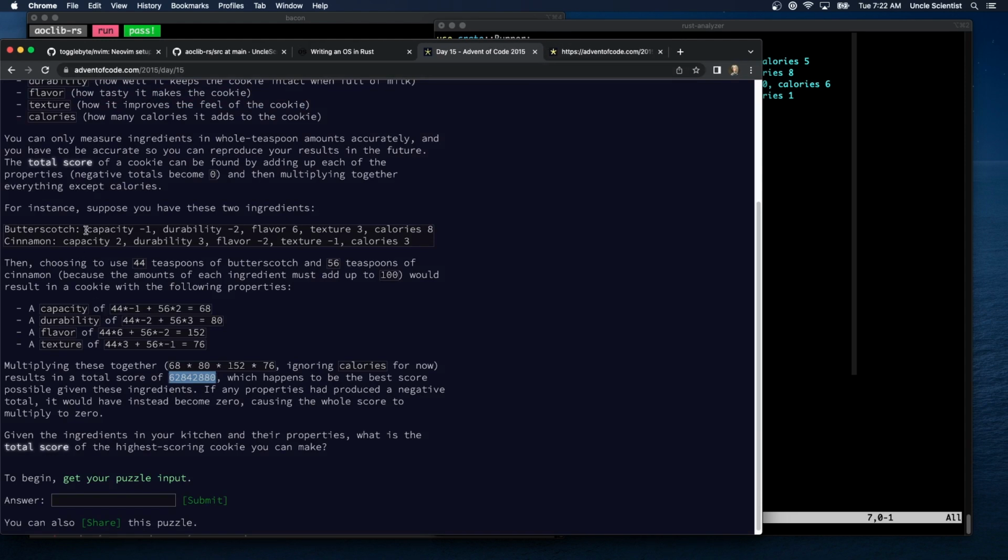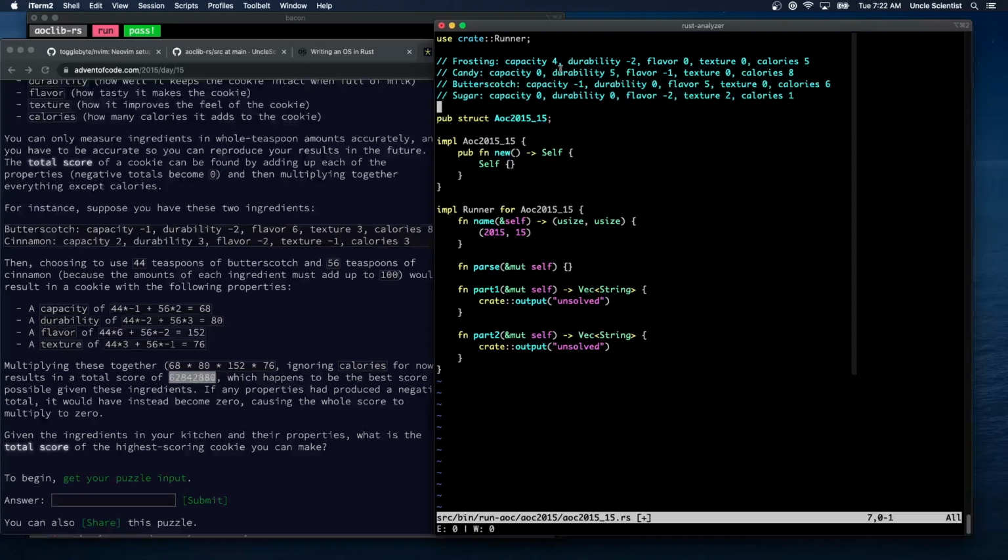You're going to multiply capacity times however many teaspoons we want of frosting, right? We're going to take the number of teaspoons we have and then just multiply those out and see what happens for these guys. And then we just calculate the capacity, durability, flavor, and texture for each one of them. I mean, that seems pretty straightforward, right? And we only have a loop. Can we just do it this way? We just do each one for frosting, candy, butterscotch, and sugar. Right? We could just do this for frosting